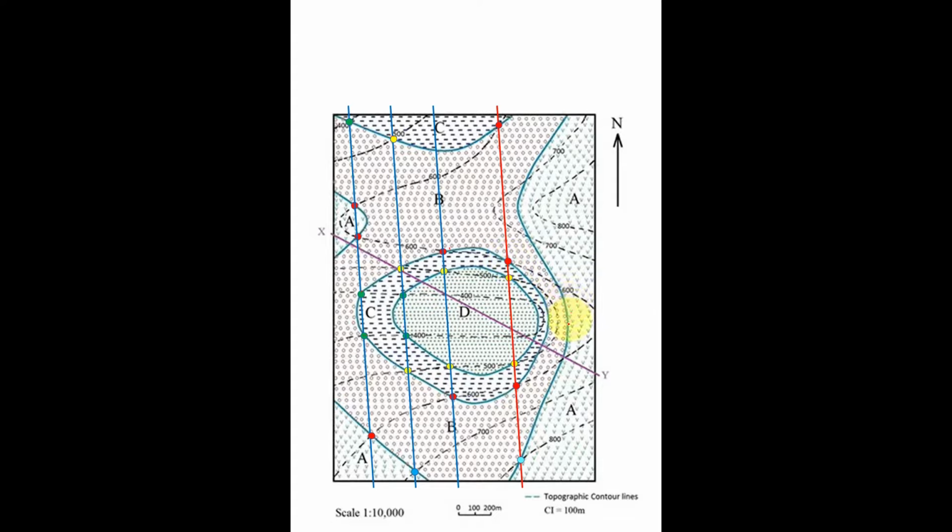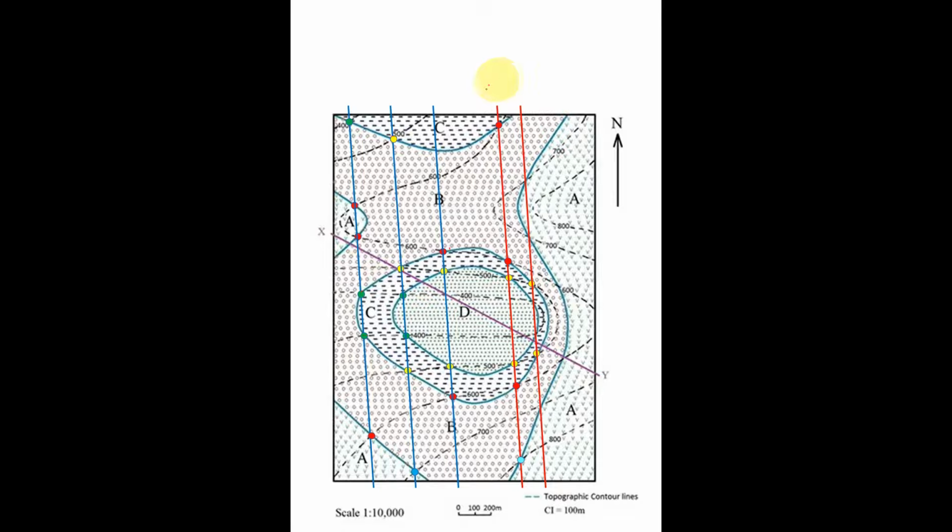The next strike line, you can see that this 500 is cutting this junction CB at this point and this point. We can draw a strike line through it. Now this strike line, although it is parallel to the previous one, you can see that the distance is not the same as the previous strike line distances.